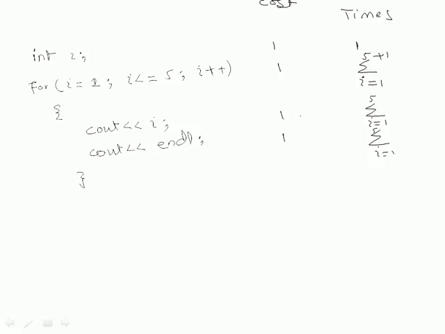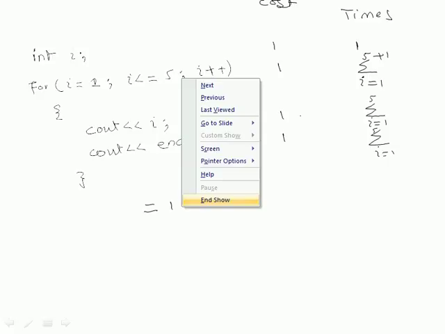Now we will compute its running time, or the number of steps involved in this program's execution. So we will multiply the cost column with the times column, and then add the result of each of the statements. The result will be the total running time of the entire program or entire algorithm. So using this method, for the first statement the cost is 1 and times is 1. So 1 multiplied by 1, plus, for the next statement the cost